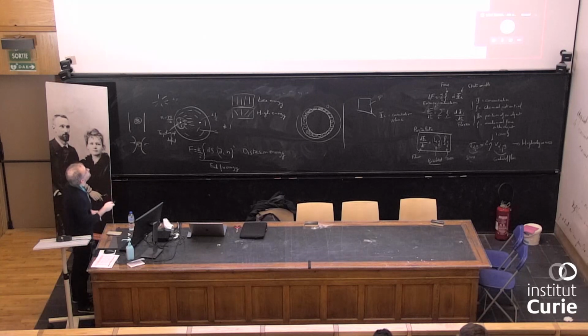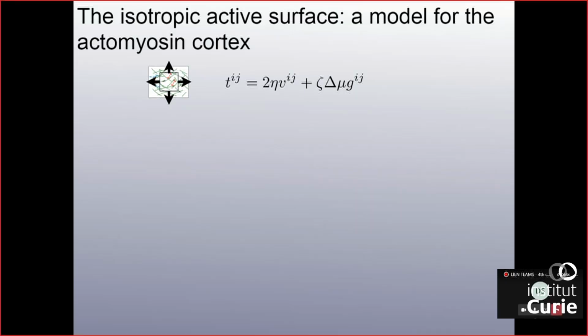One that looks like the equation for a Newtonian fluid, which introduces a viscosity. And this now is an active stress, so it depends on the ATP chemical potential. And in a 2-dimensional surface, it's just proportional to the metric,